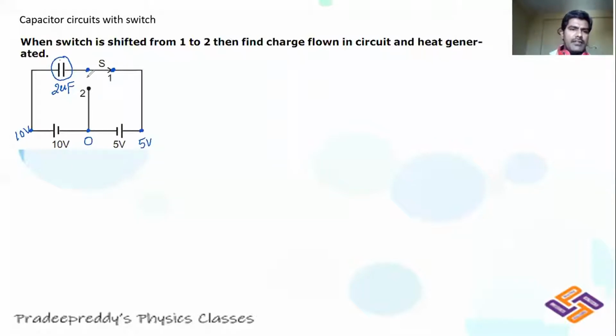When switch S1 is closed, the capacitor is being connected in between 10 volt and 5 volt. Check it up. It is being connected in between 10 volt and 5 volt. You can use KVL and find out how much charge is present upon this, because it becomes one closed loop. So let me name this loop as A, B, C, D and E. A, B, C, D, E is a closed loop.